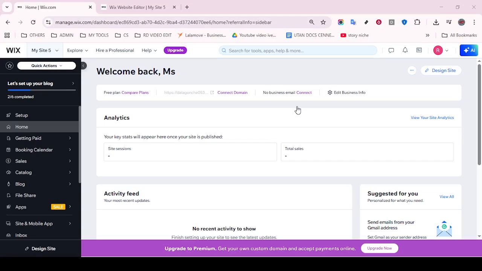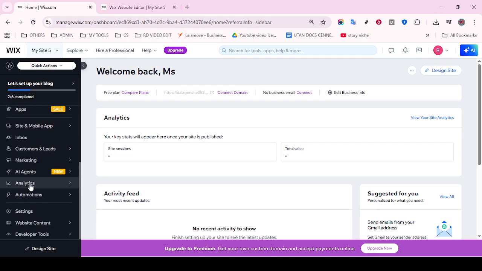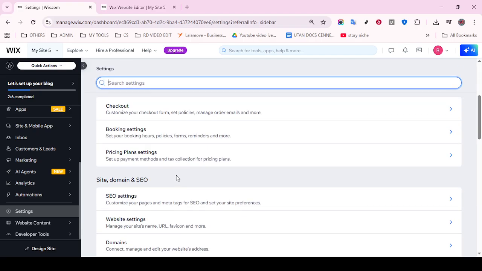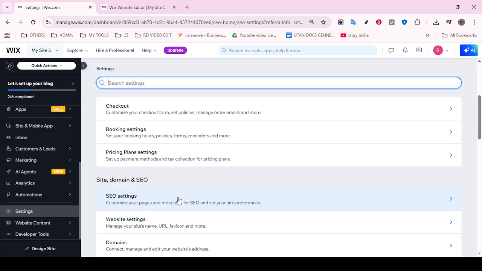In today's video, I'm going to teach you how to optimize your Wix website using Wix SEO Wiz. First, we'll begin by opening the Wix SEO Wiz tool from your Wix dashboard. This powerful tool is designed to help you easily improve your site's search engine optimization, even if you're not a tech expert. Once you've opened Wix SEO Wiz, you'll start with the guided setup to take your website's visibility to